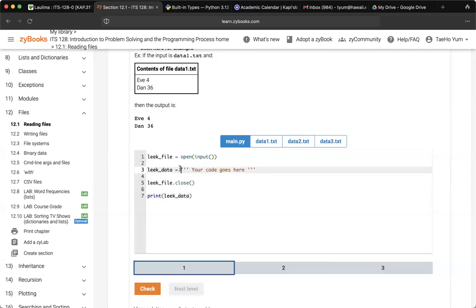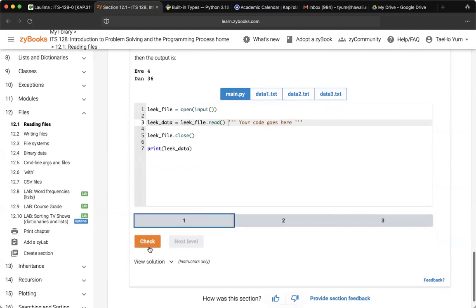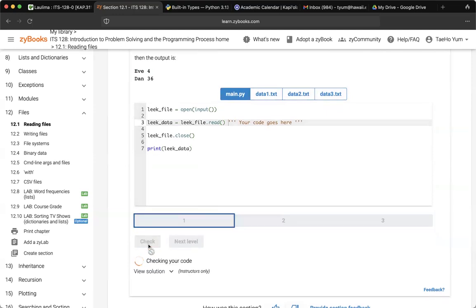So call the .read from leak file. Let's look, this is in data1, data2, data3. Now if we check this,